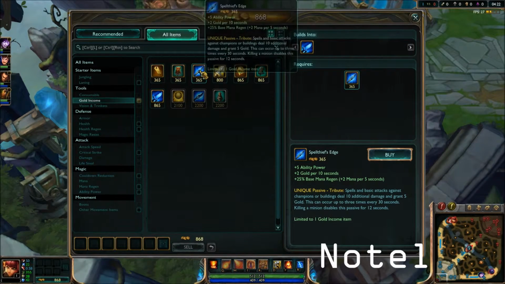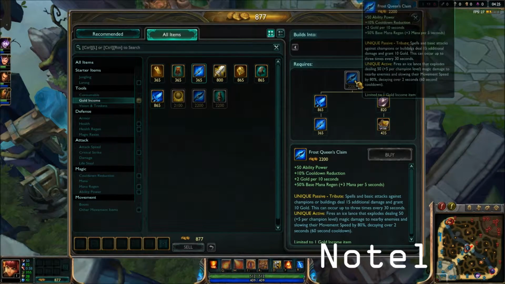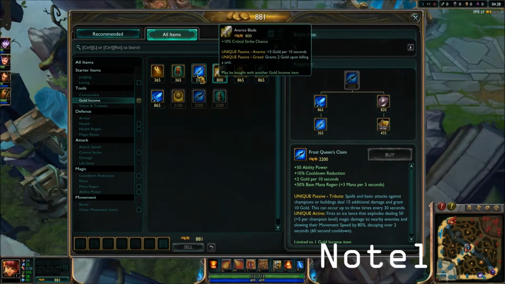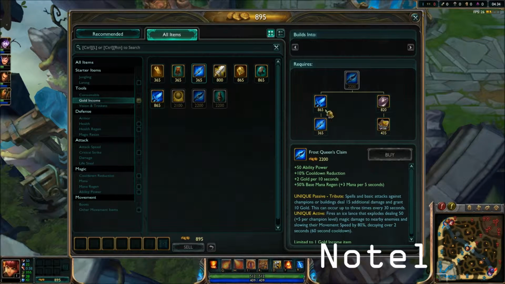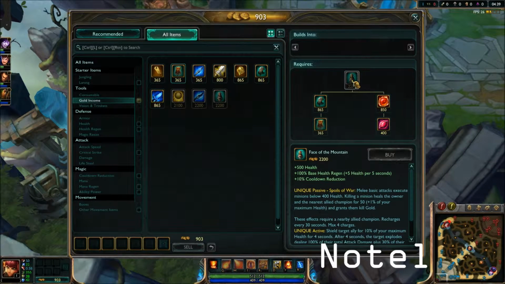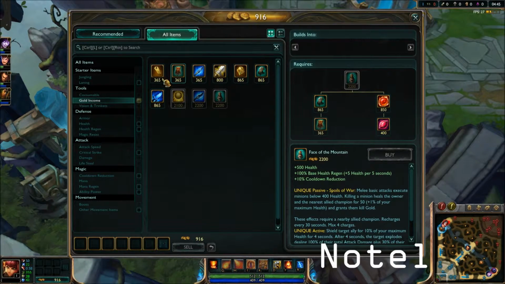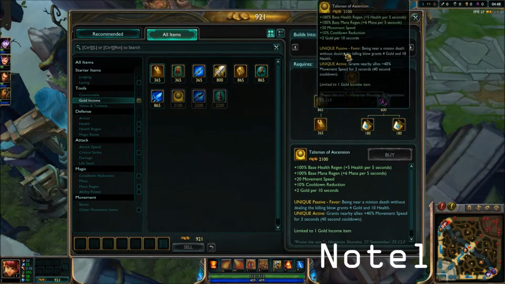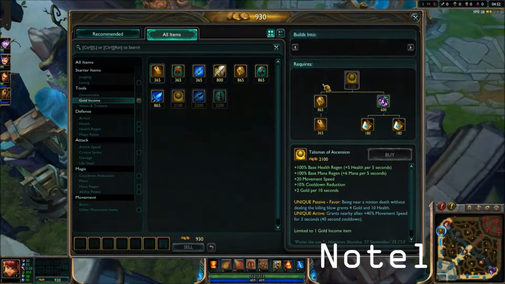Each of these three items, upgraded to the max, would have their own abilities. For example, the Spell Thief's Edge goes up to the Frost Queen's Claim, which has an ability to launch a slow into a certain area. Then we've got the Relic Shield. At max upgrade, it would let you put a shield around anybody on your team, one of your allies. And then the Ancient Coin upgrades to the Talisman of Ascension, which boosts your entire team's movement speed for a